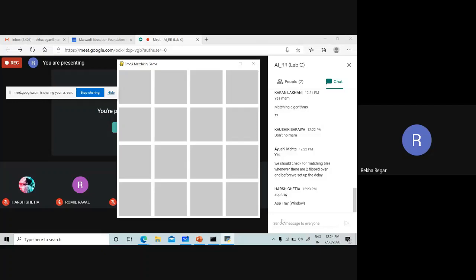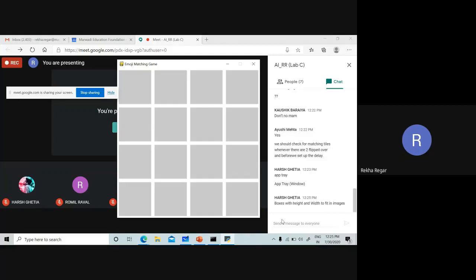After loading the images, we can write down the actual concept. Actual concept means the matching concept. We have to write down the matching concept after loading the images. So first we have to target the screen. It means first of all we have to write a code, and with that code we are going to get the screen.